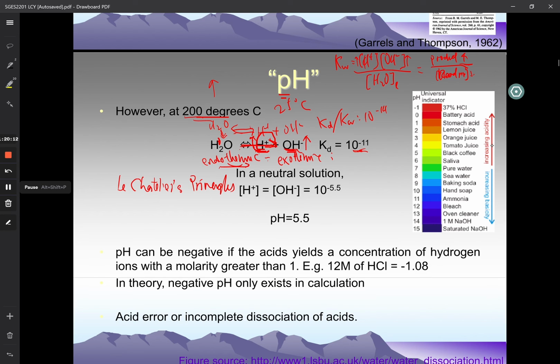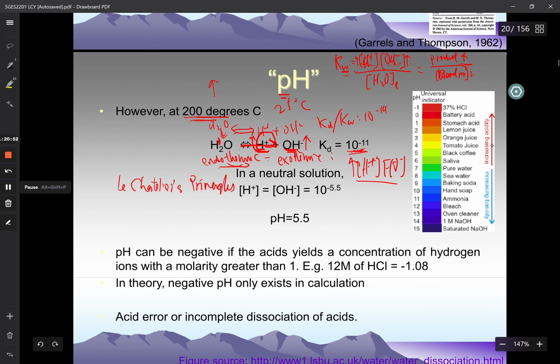So when you calculate the concentration for the hydrogen and the hydroxide ions, then when these values increase, it means you increase the Kd, or the Kw, right? So Kw will increase because you increase both of these products. Okay, so therefore